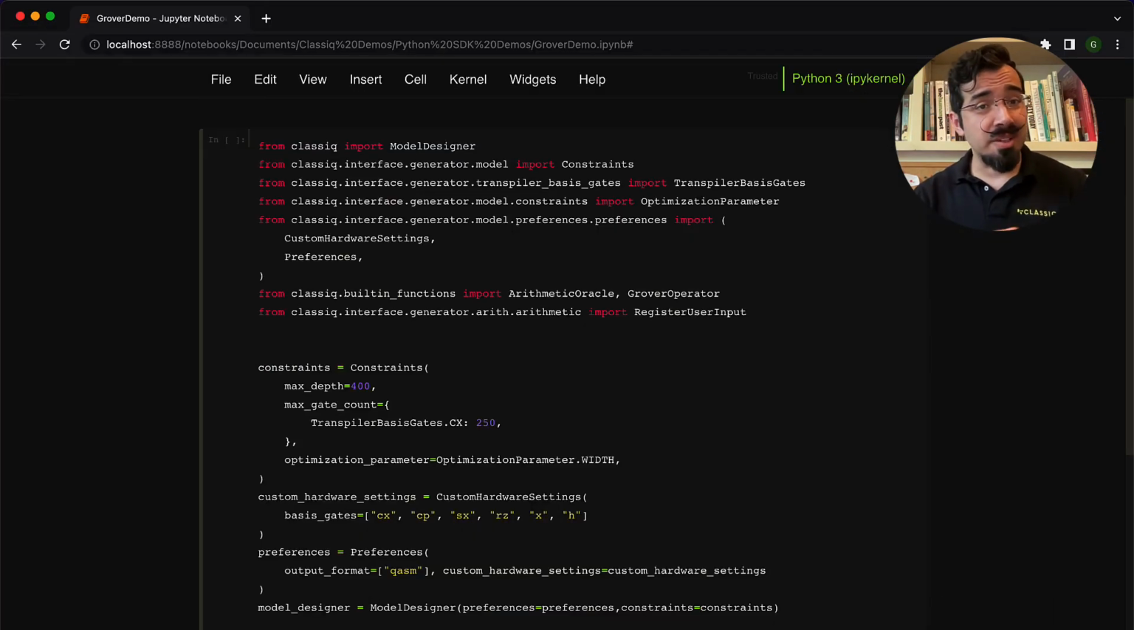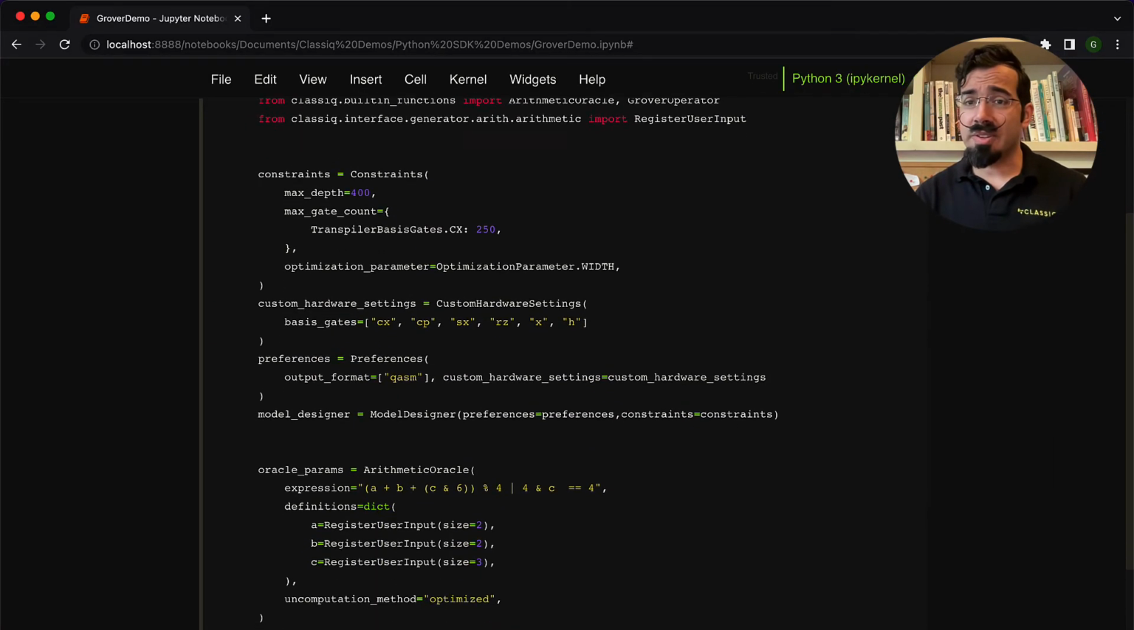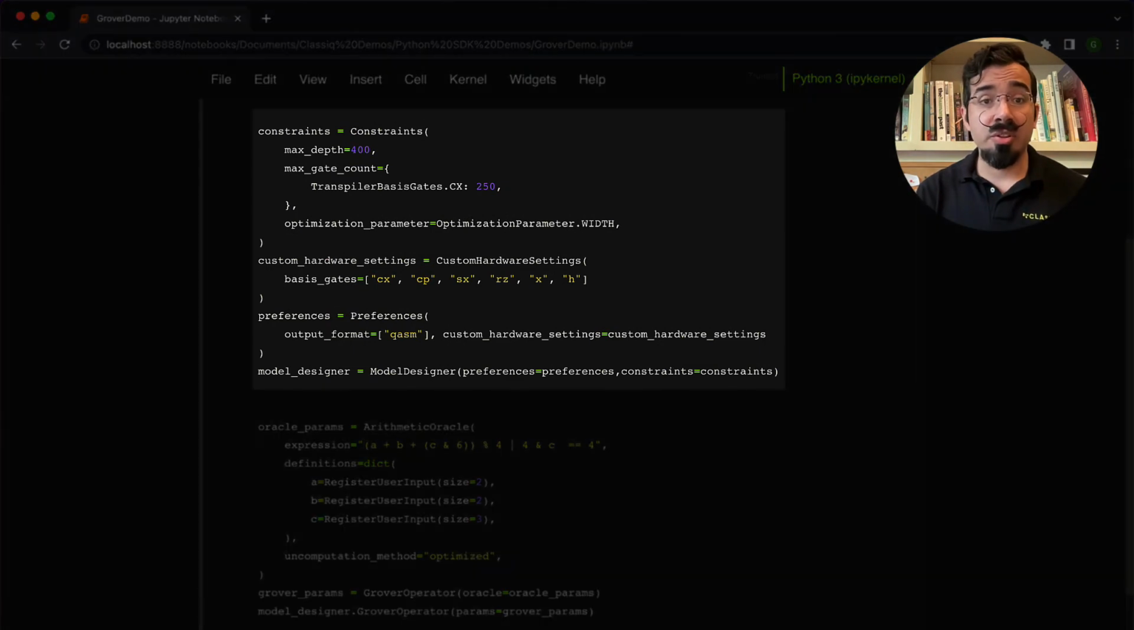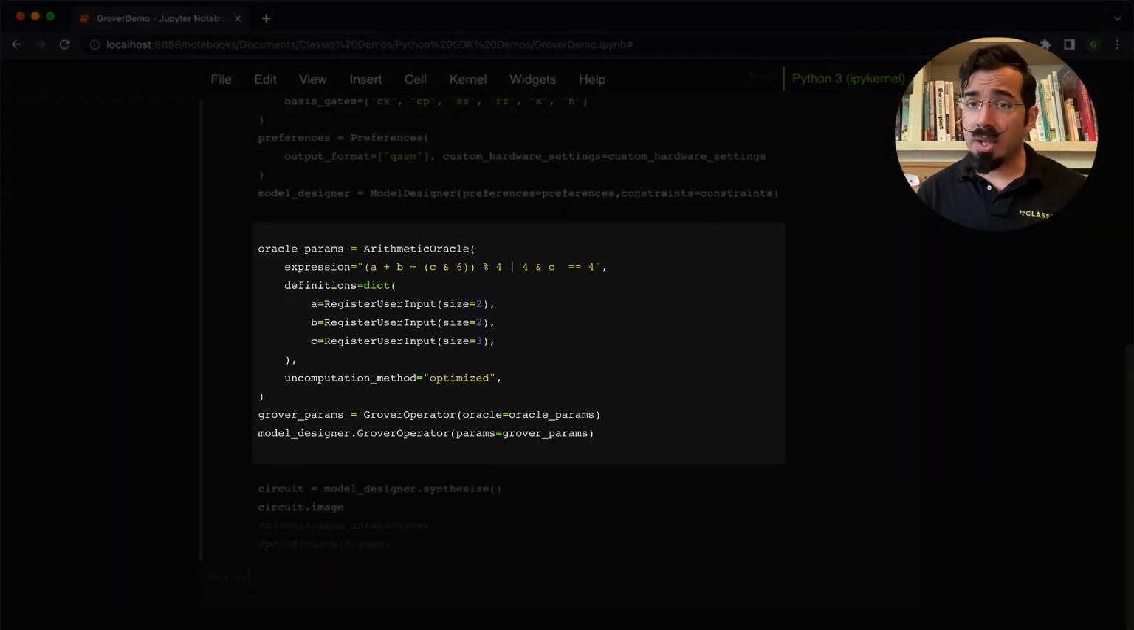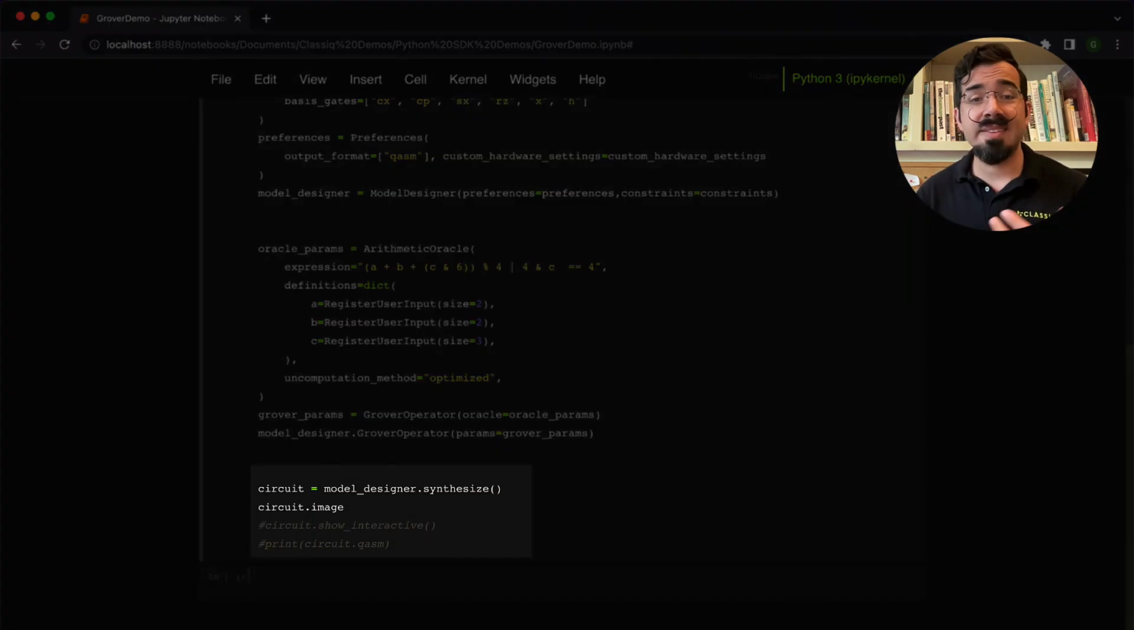If you plan on using Classiq's Python SDK, the steps are largely the same. The model designer function is where you'll specify your circuit constraints and your desired output format and gate set. You'll then call various functions to outline the high-level model of your desired circuit, and at the end you specify how you'd like to represent your output, as an image, as an interactive circuit, or in your